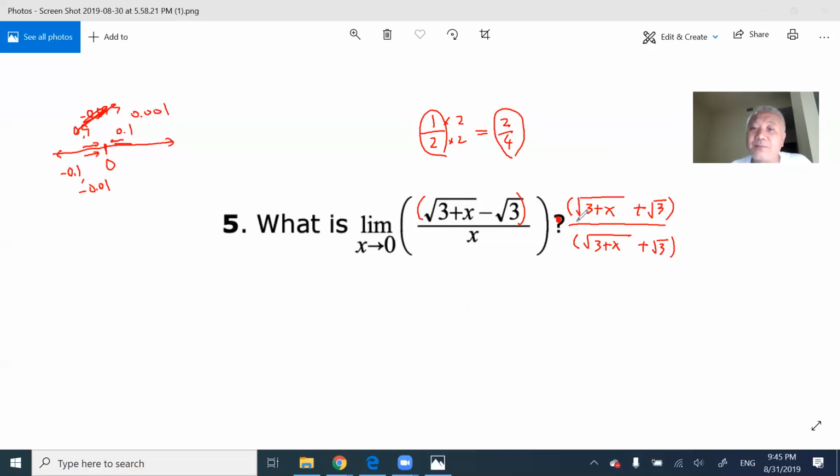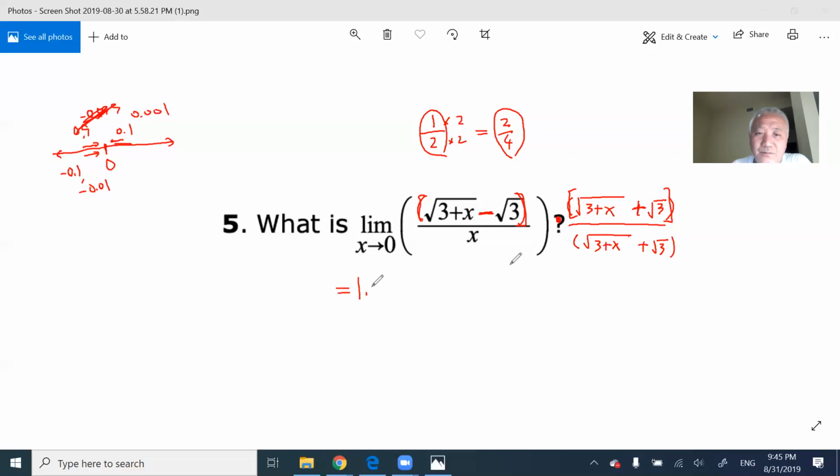I times both numerator and denominator by the same expression. Be careful here, here is minus, so I times its conjugate. We call it the conjugate of the original one here. Why am I doing that? Because